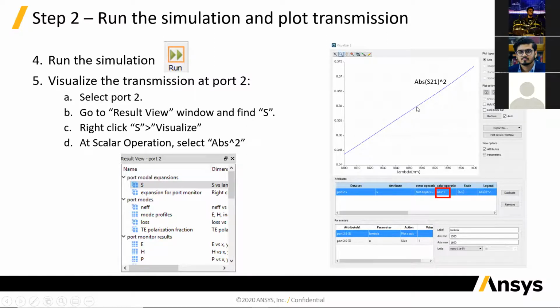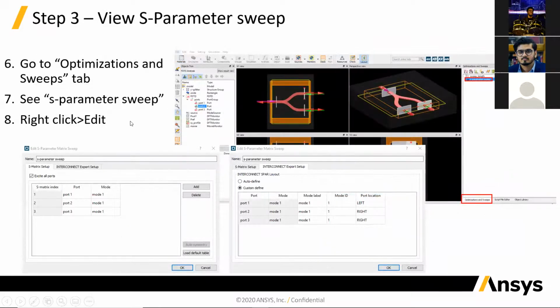So 0.36, 36% of the power is going from port 1 to port 2. Right now when you start with your simulation, it seems like a pretty bad design because you're only getting 36% of your power in one of the output ports. And that's where I believe you want to now do an optimization of your design. Here, I think this design was parameterized, this particular example. And so you can perform,